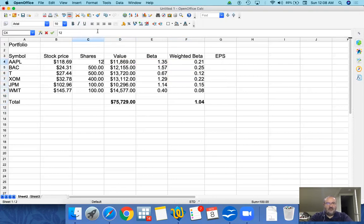So first of all, let's go with Apple and increase that to about $14,000. Maybe this would be 550. And then this is a little bit low, so let's go with 150. And then, well, we are approximately there. Now, first of all, we need to have this down to 1.0. So I need to increase the investment amount in stocks that have betas that are less than 1. So AT&T has 0.67 and Walmart has 0.40. If I were to increase the investment level in those companies, it should actually take my beta down to 1. So let's go with 150 of